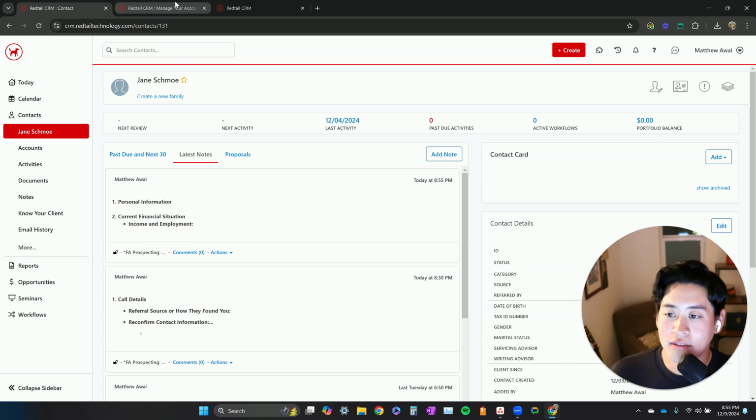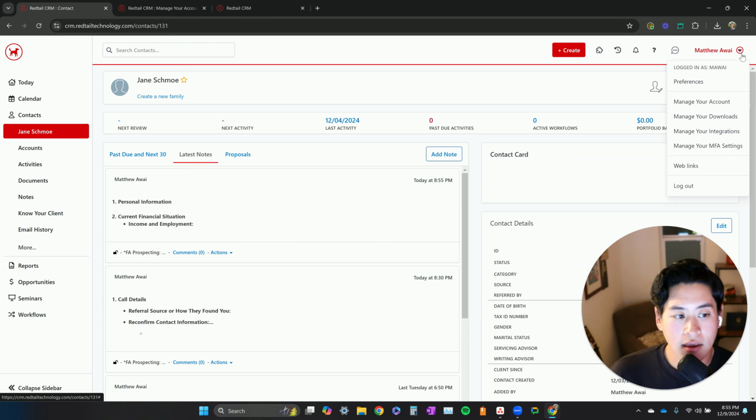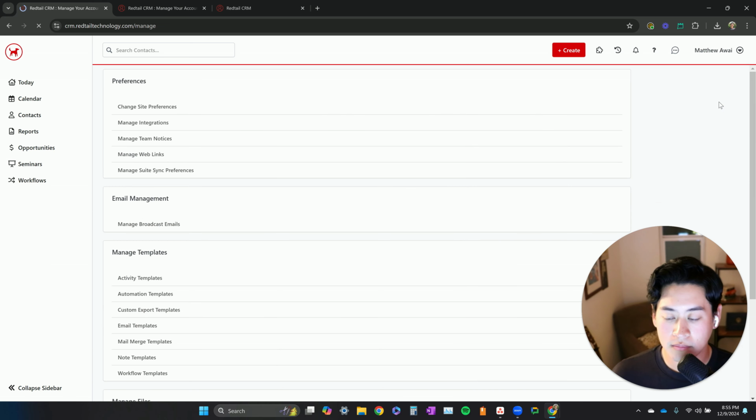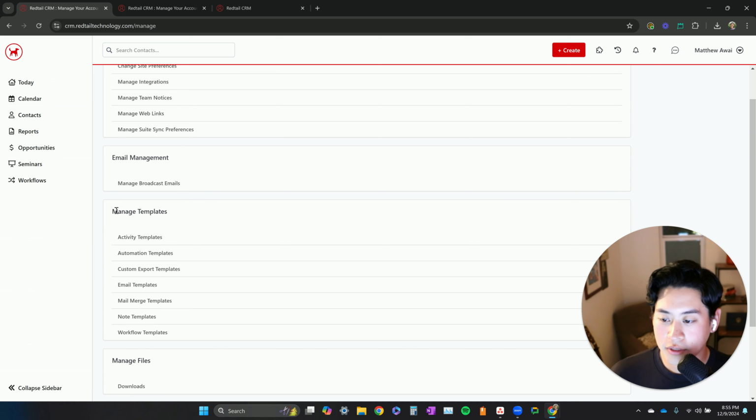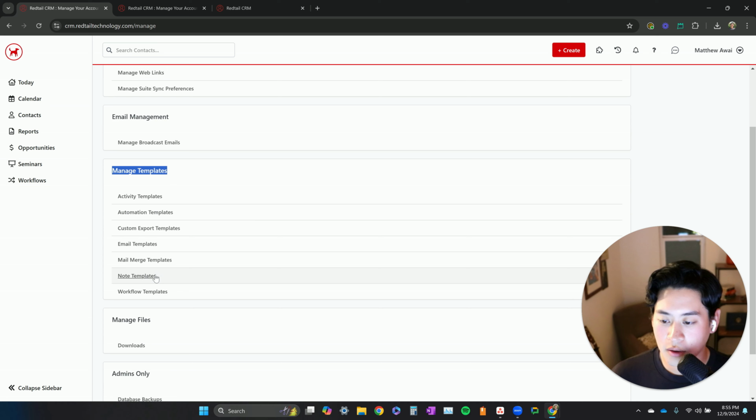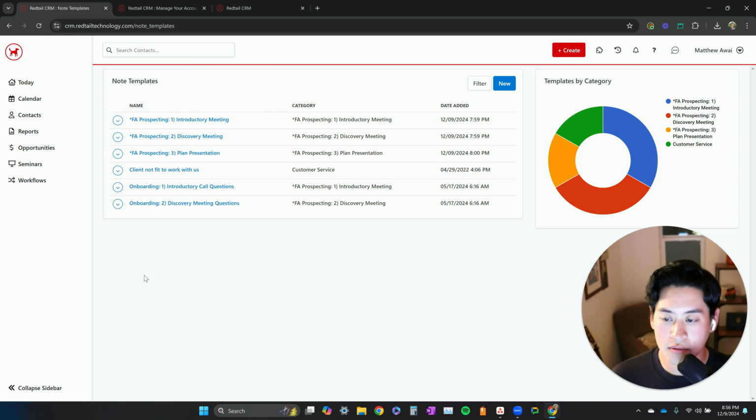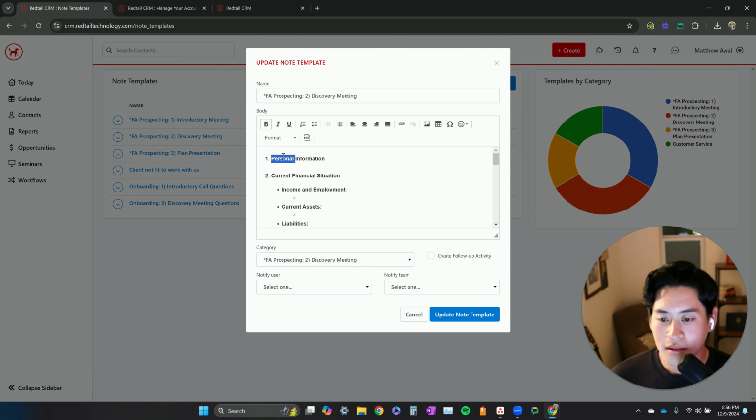So on the top, you'll want to go ahead and click on your name here for the drop down menu, then go to manage your account. From that manage your account area, we'll go ahead and scroll down under manage templates, and we'll click on note templates. Now here we have them built out, so we're going to be using the discovery meeting as our guide here. So go ahead and click on discovery meeting,